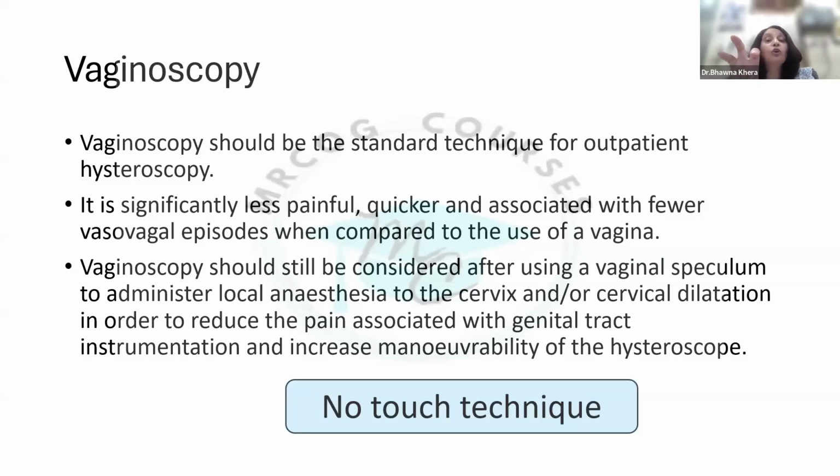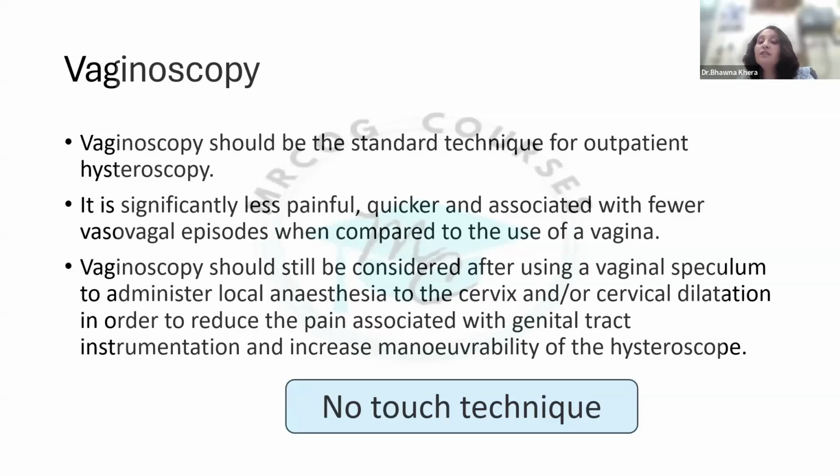So it is only the water, the saline, which is acting as a distension media. It is going and dilating, right? It's building the pressure and it is dilating. So that can only work. There is no touch technique. We don't have to catch hold of the cervix. We don't have to use the speculum or the vulsellum to hold the cervix. Therefore, this is obviously significantly less painful, quicker, and associated with fewer vasovagal episodes when compared to the use